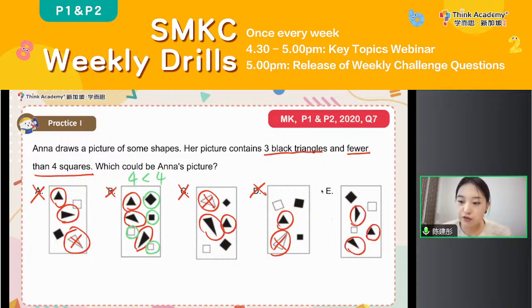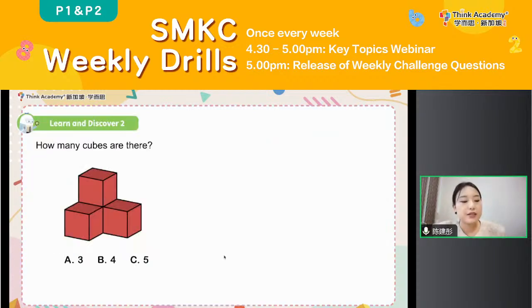1, 2, 3. Okay, so actually you can type in the chat box A, B, or C. How many cubes are there? Type in your chat box. Okay, this time easy peasy, right? There are four